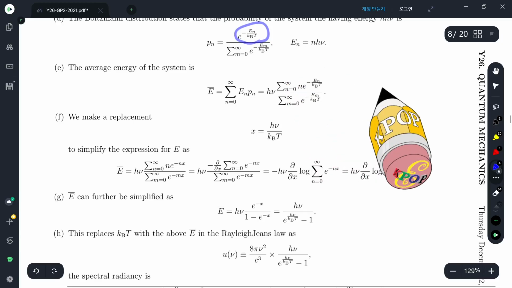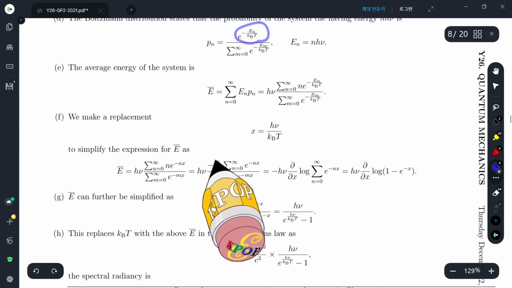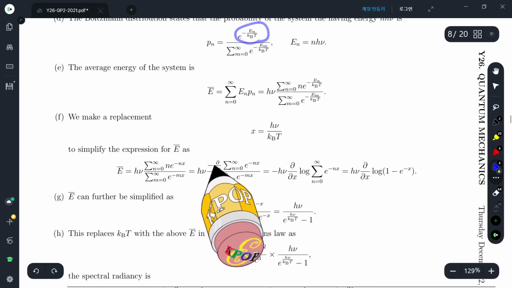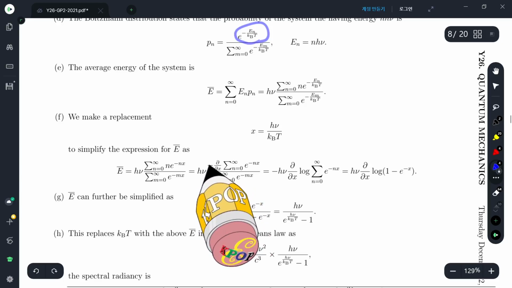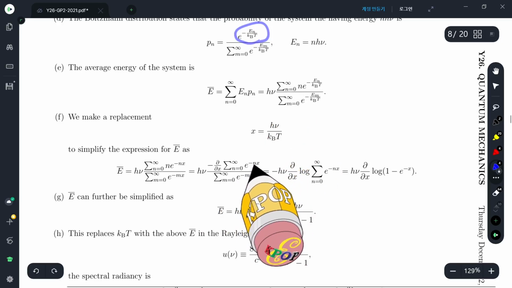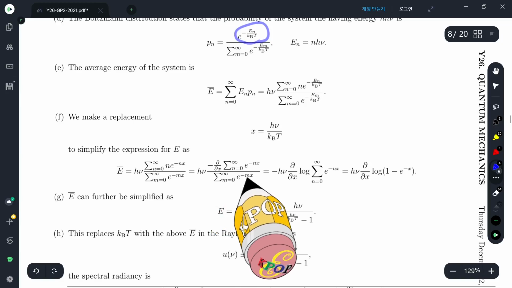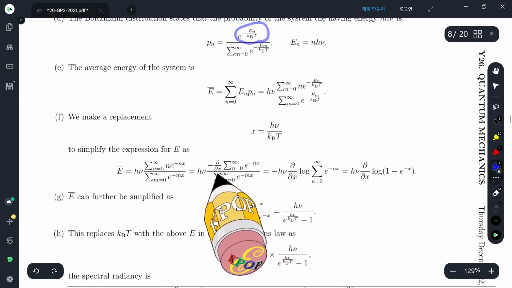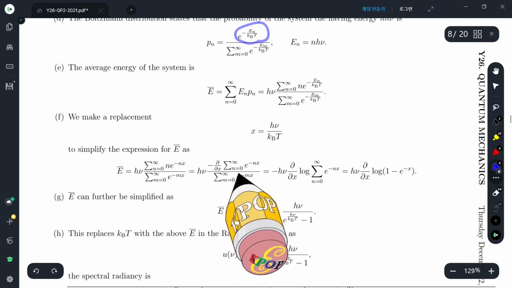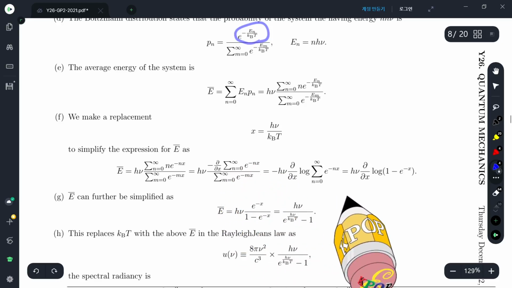So it is convenient to take the partial derivative with respect to x and put the negative sign on it. Then you can absorb that factor of n in here. Then in the denominator, and before taking the partial derivative, the numerator becomes the same. And summation,